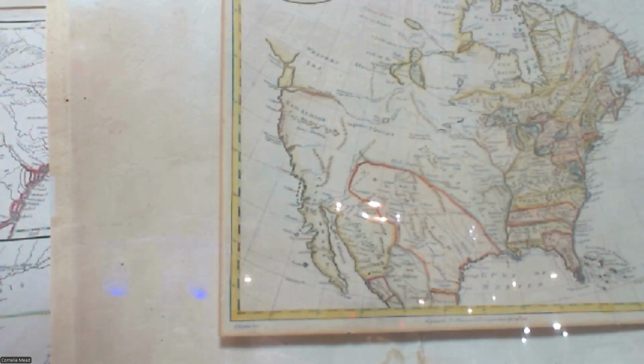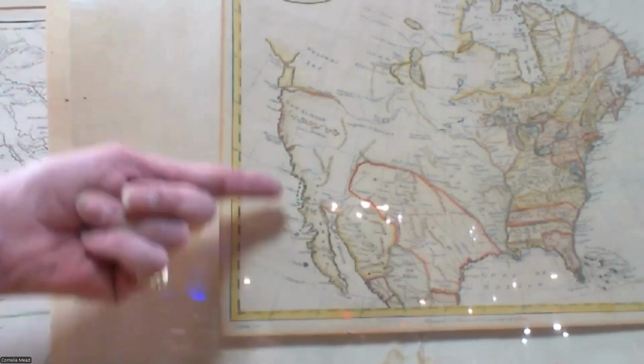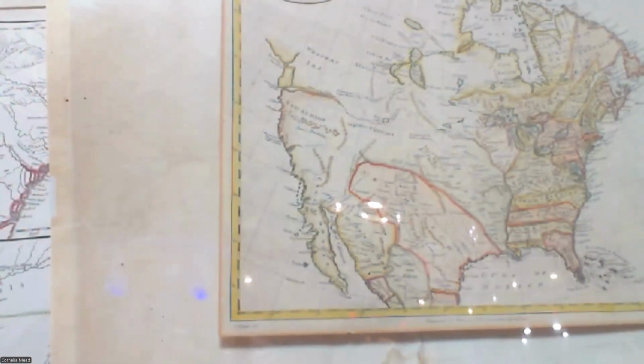Maybe not for this map, but that to me is what's strikingly interesting about this: how you see the development of the country and the continent over time, looking at maps like this. There was obvious settlement and encroaching, westward expansion getting into the 1820s, Manifest Destiny and all of that, and then getting over into California and Oregon as the centuries progress, into the 19th century, and then you start getting much more detailed maps of the western